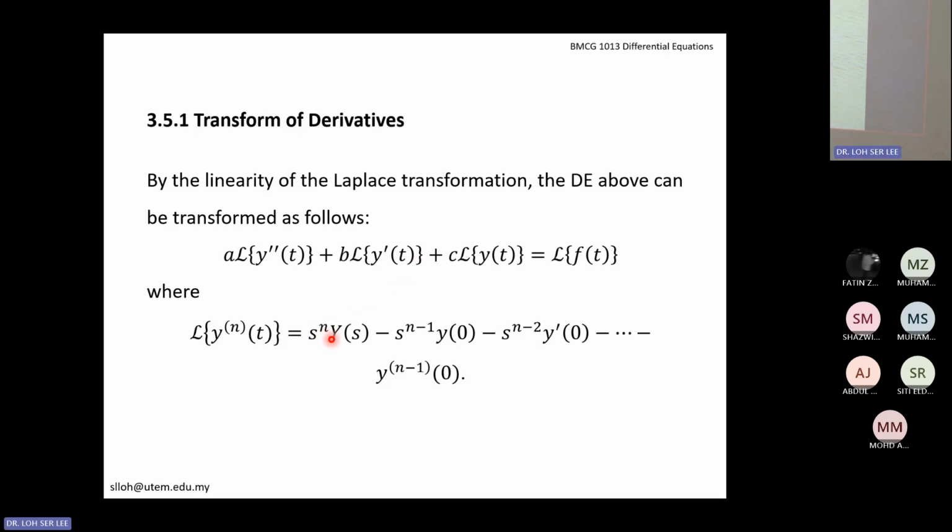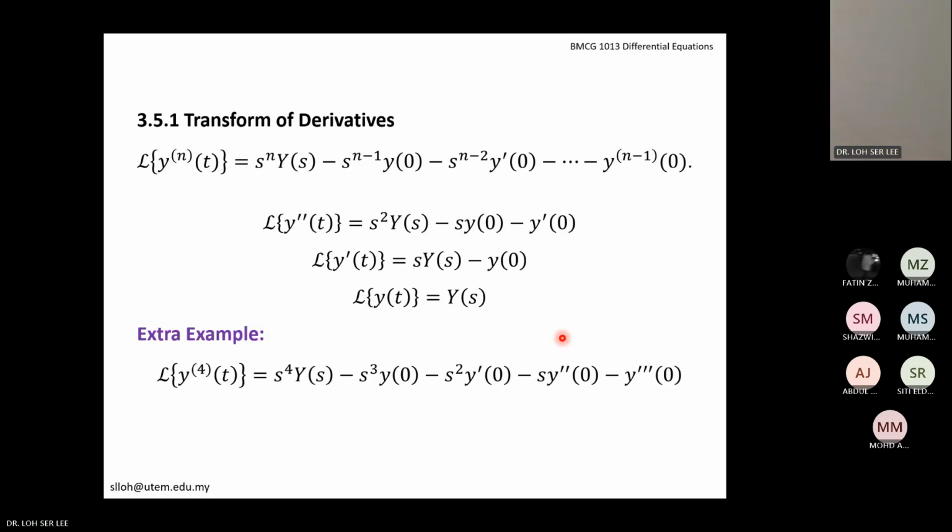here after s, this is in capital. If this is y, then this is capital Y. If this is x, this is capital X, in s. The next one will be lowercase. Lowercase of y is 0. And next one, it will be y prime, y double prime, y triple prime. So if you look at this example,